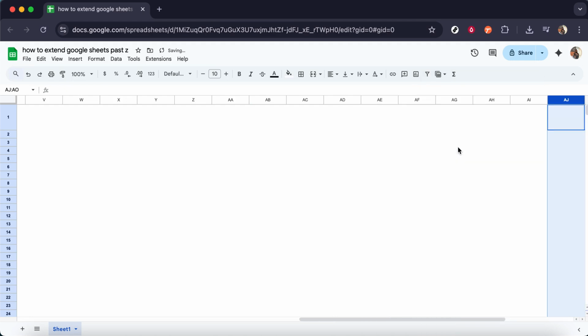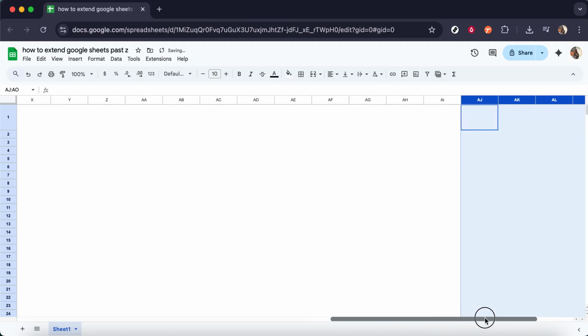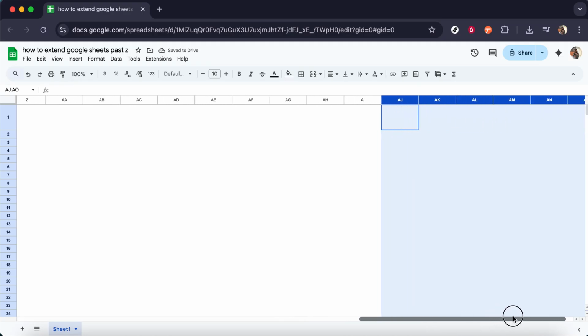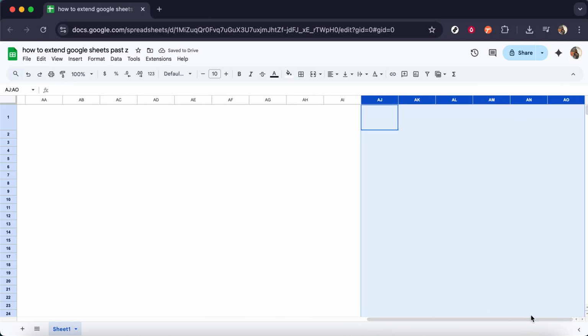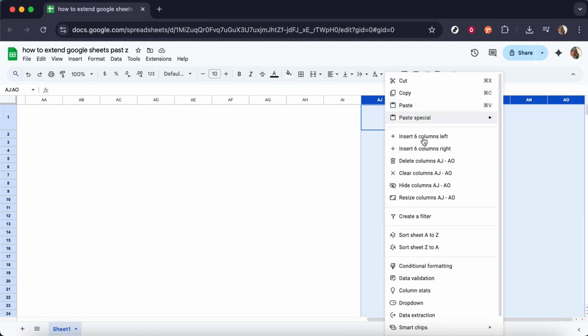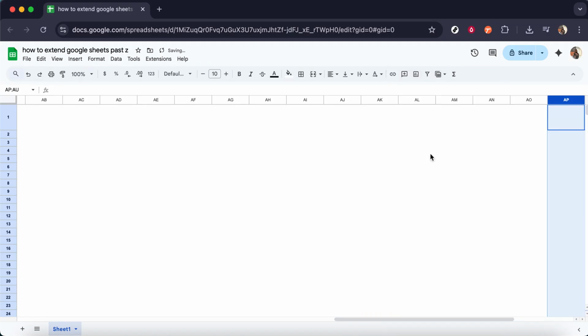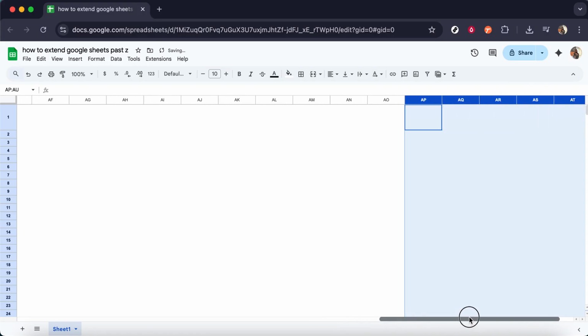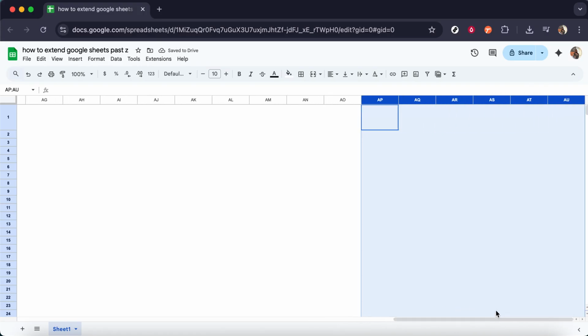This method is particularly useful when you're setting up a large project or a detailed spreadsheet that requires extensive column use from the start. In summary, whether you're working on collaborative projects, meticulous data analysis, or simple personal tracking, understanding how to extend columns in Google Sheets can significantly enhance your productivity. Next time you find yourself reaching the end of the column alphabet, simply remember these steps and you'll be well on your way to